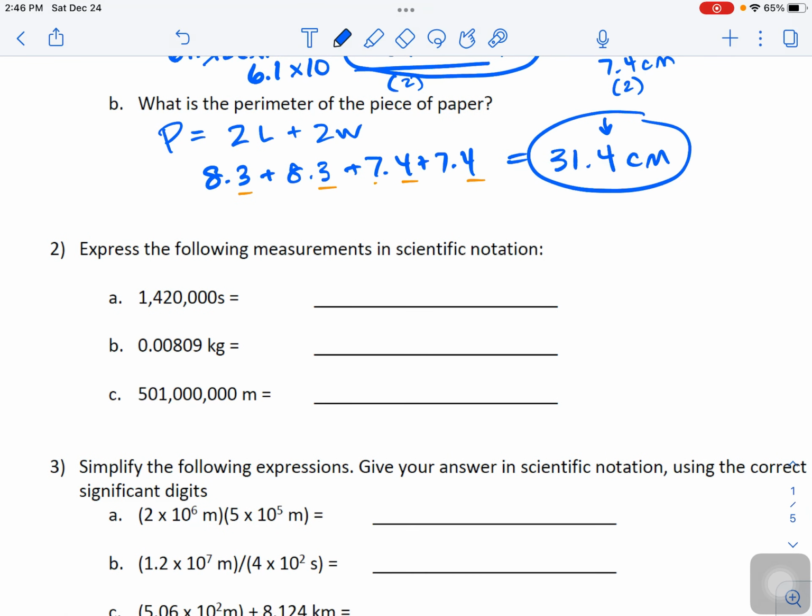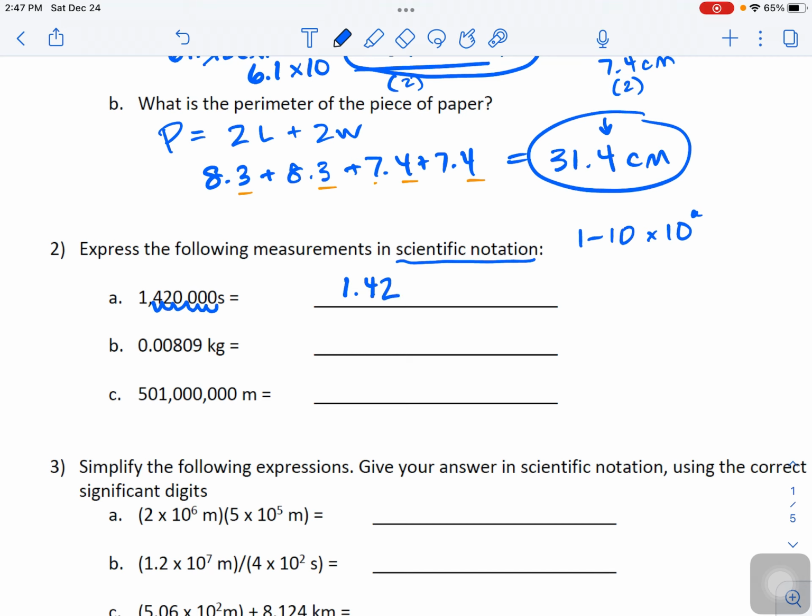All right, for number 2, in scientific notation. Now remember, in scientific notation, you have some number that's between 1 and 10, but usually less than 10. And then you've got it raised to some value of an exponent over here, okay? And it's going to look in that format. So that means I'm going to have to move this decimal place over 1, 2, 3, 4, 5, 6. So it's going to be